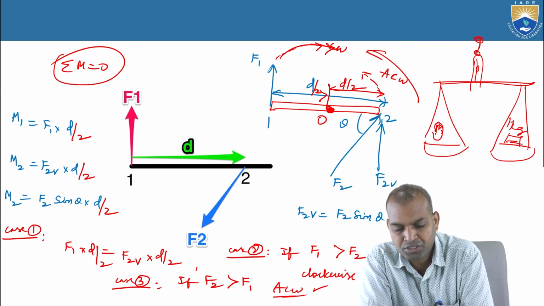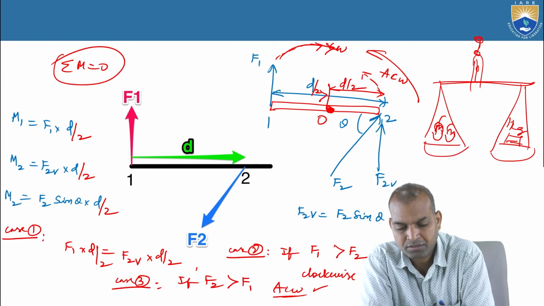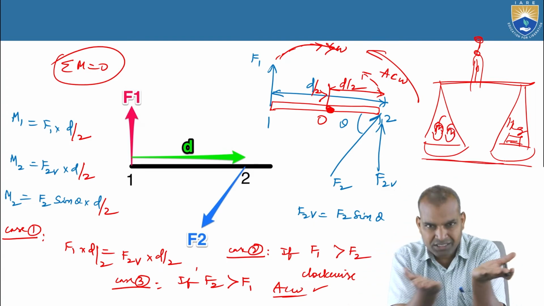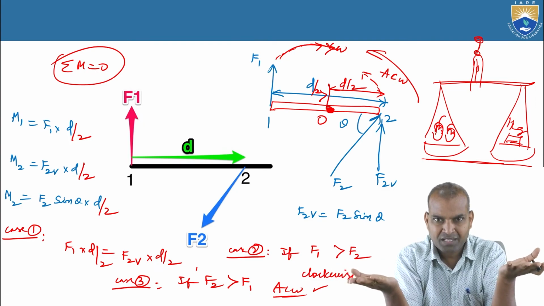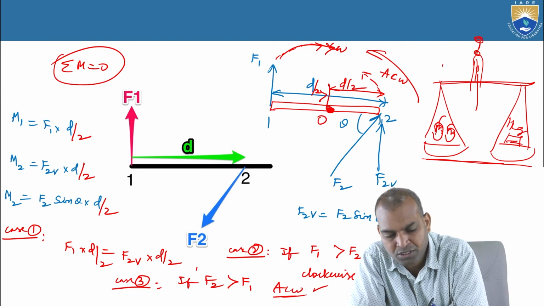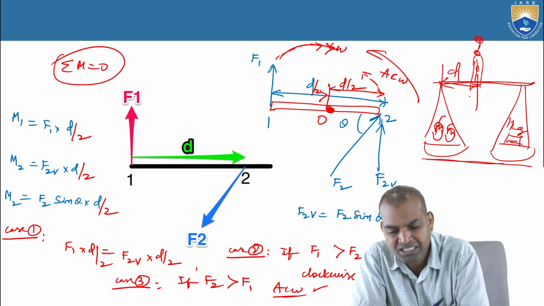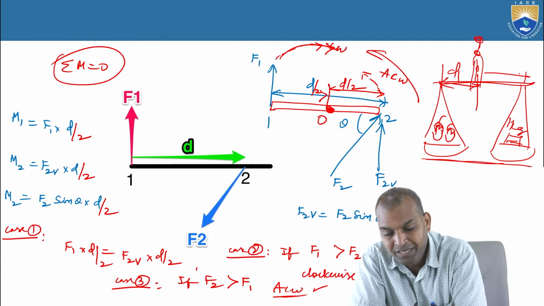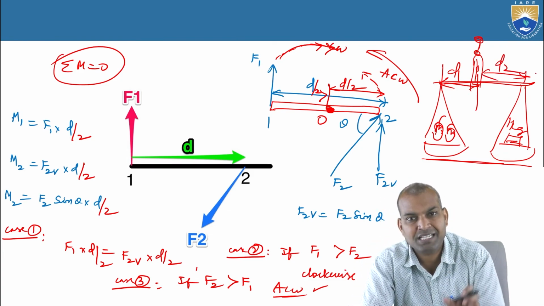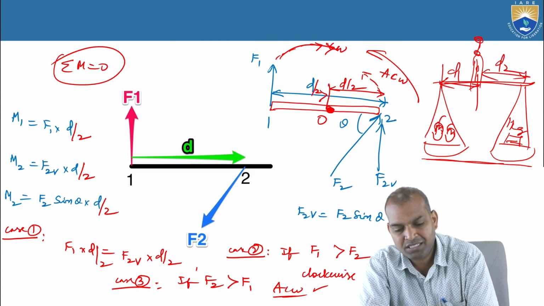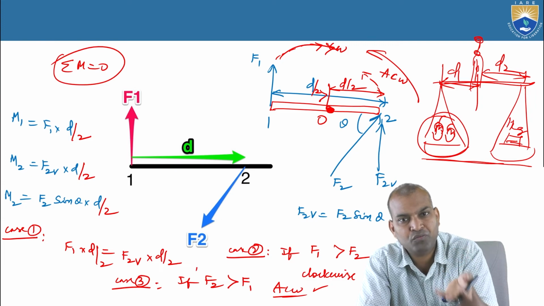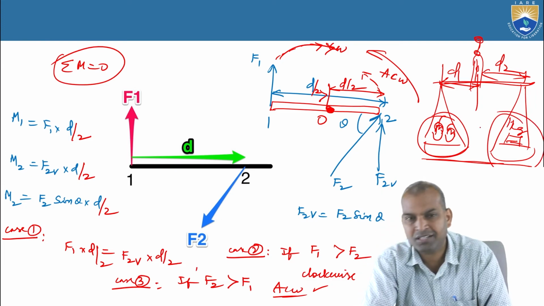If you keep an equal weight of vegetables, how can we know it? Both should be at the same level of height. What is that meaning? The moment caused by the vegetables, the brinjal, at distance d1, and the moment caused by the 1 kilogram weight at distance d2 are balanced and equal. Then the quantity of vegetables is equal to the weight of 1 kilogram.